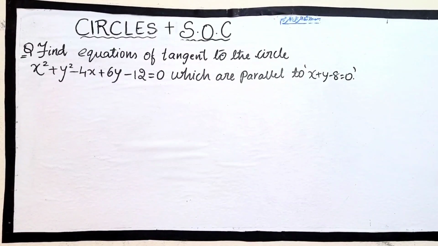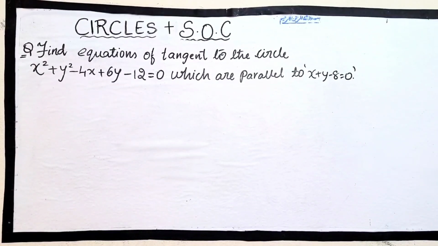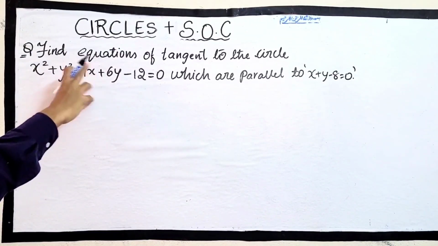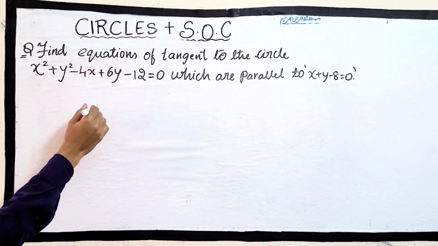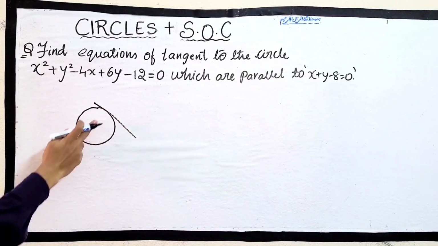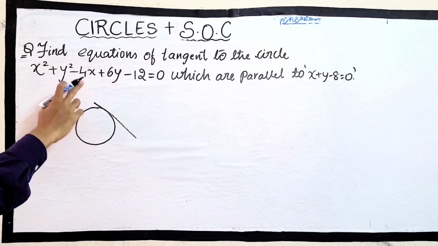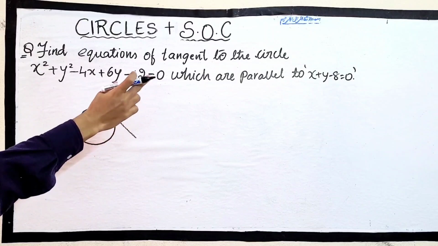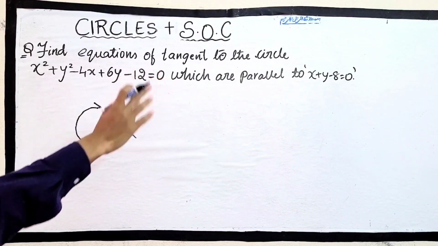This is also a very important problem in the chapter circles, where this SAQ can be asked in different types of ways. As you know, the tangent is nothing but a line which touches the circle at a single point. This is called the tangent. Now this is asking: find the equation of the tangent to the circle which is parallel to